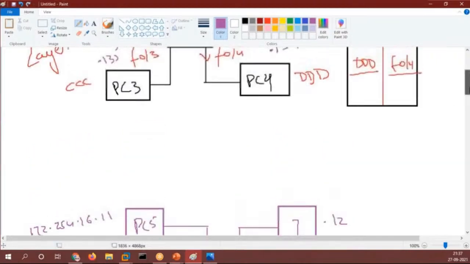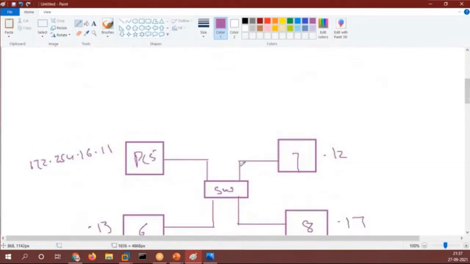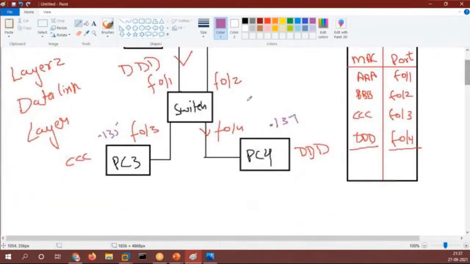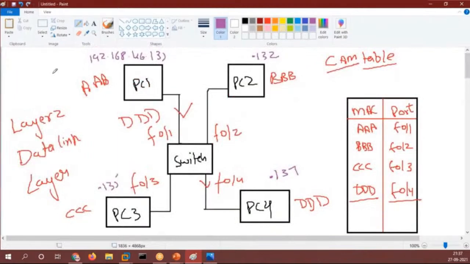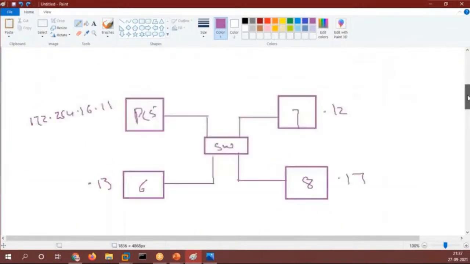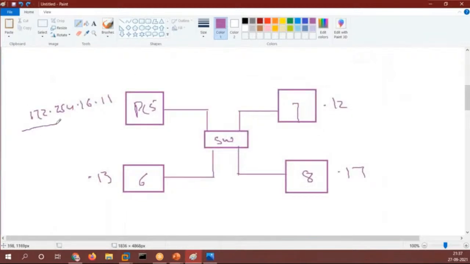Now switches work on MAC addresses. But if there are two different networks, this network is starting with 192 and this network is starting with 172.